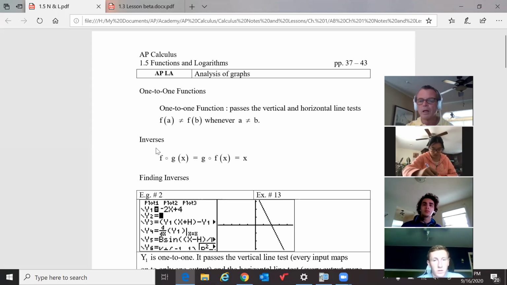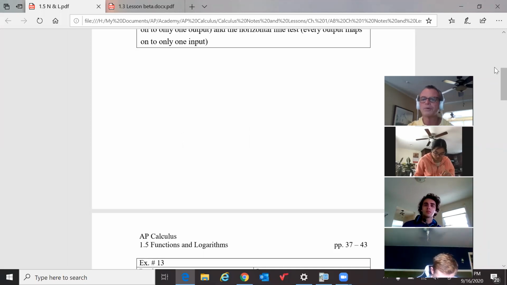Inverses. Two functions are inverses if and only if f following g and g following f both take you back to the input. So we're going to do example 2, and you're going to see what that's about, for inverse functions. For example 2,